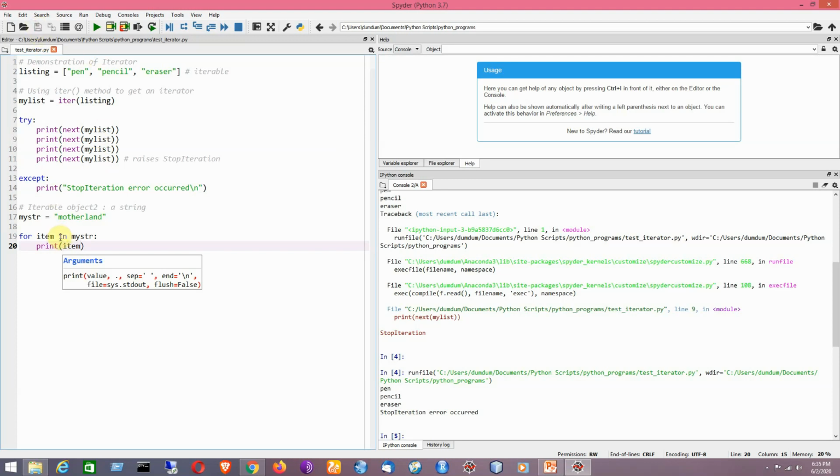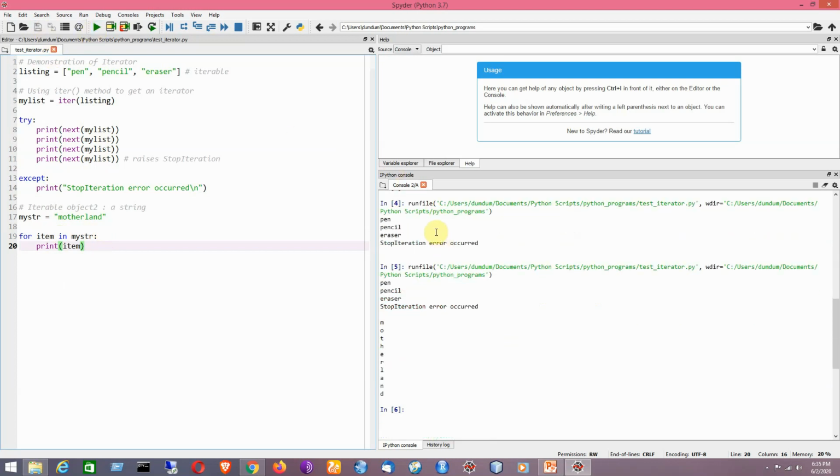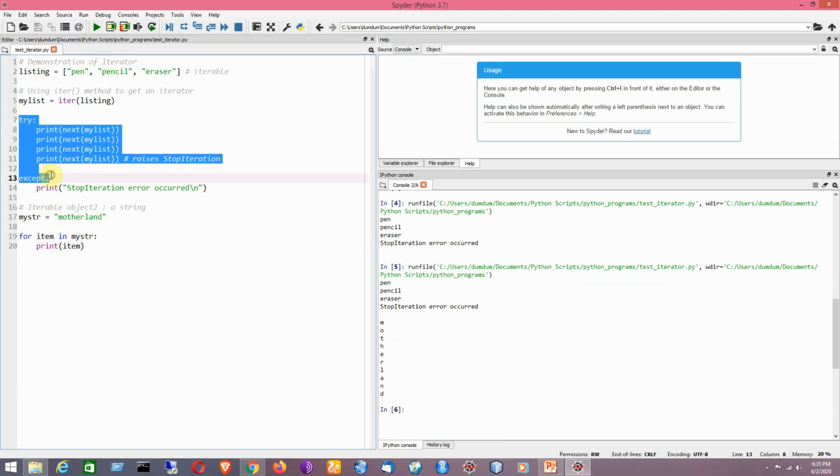So that is the logic. So it is basically using the in as a membership operator, whether a particular element is there, like it would like to access the elements one by one. So that is the logic. Now I would like to run the program, so it will be showing the output accordingly. Since I have used try except blocks here, the remainder part of the code will be executed even if there is an error.